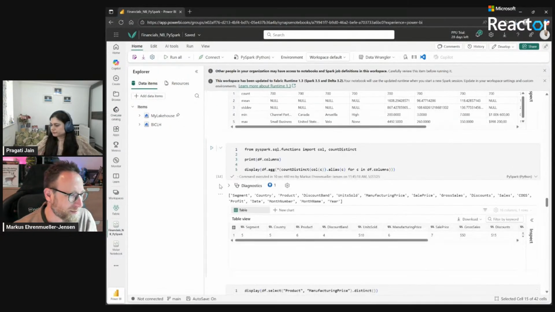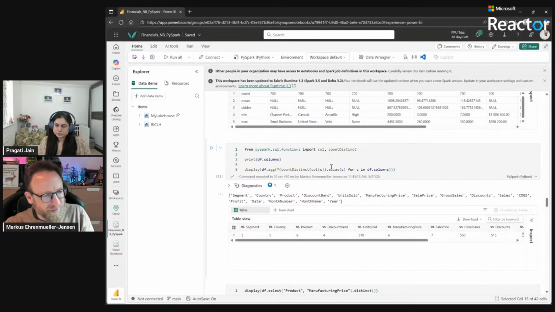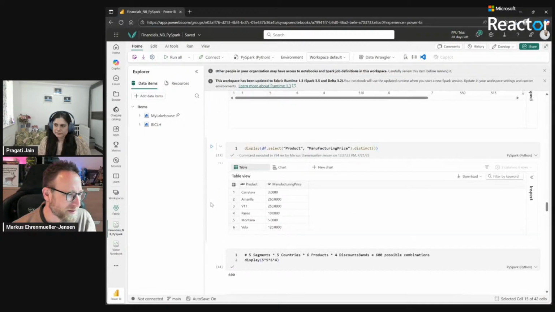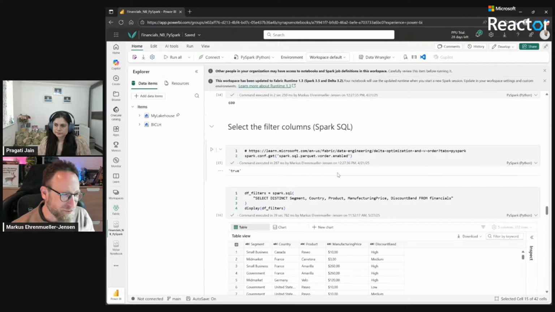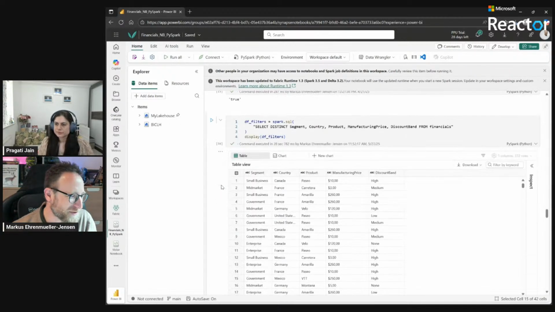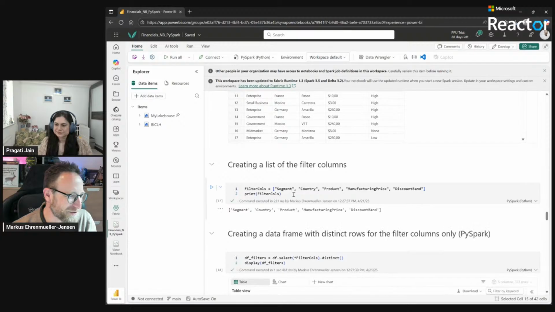I can, for example, count on my things, because I wanted to find out what would be filtered things, what would be things I want to put into dimensions. This is what I did here. And after deciding on that, I filter the columns. And this is really cool. I mean, I'm coming from SQL, right? But Fabric can be very, very comfortable and easy to use and dynamic.